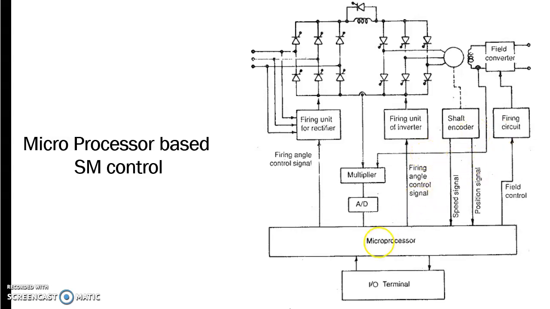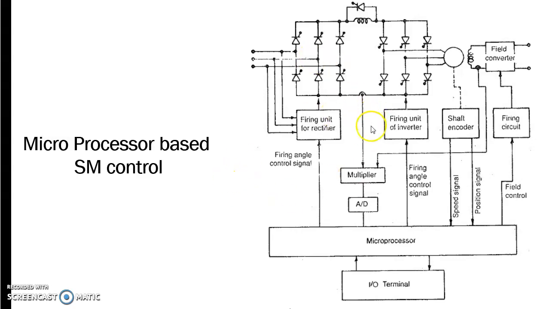Used for speed sensing. These types of microprocessor based controllers mostly use optical sensors. We also require to sense the stator current. Stator current is detected by a current sensor, and it is amplified by an optically isolated amplifier. The output signals are multiplexed and converted into digital form by a high speed analog to digital converter.